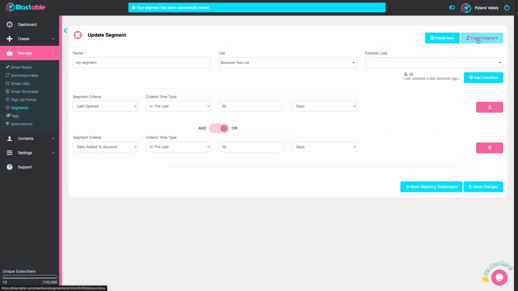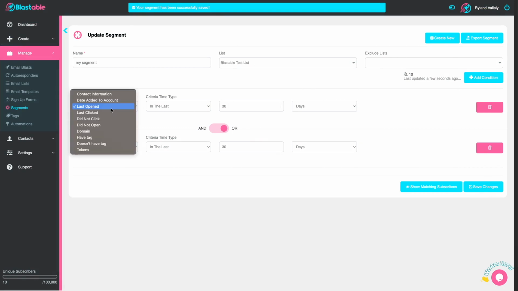I'd like to show you some of the other options we have available in our segmenting because you can really get creative here. Underneath segment criteria, you'll notice that we have contact information, so you can segment people based on their data. You can select when they've been added to your account, last opened, when they've last clicked, if they haven't clicked, if they haven't opened, what their domain is, if they have a certain tag or don't have a tag